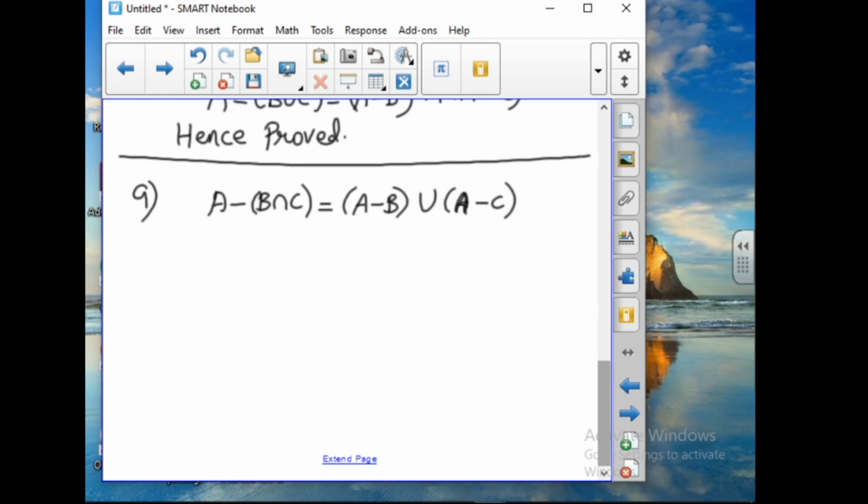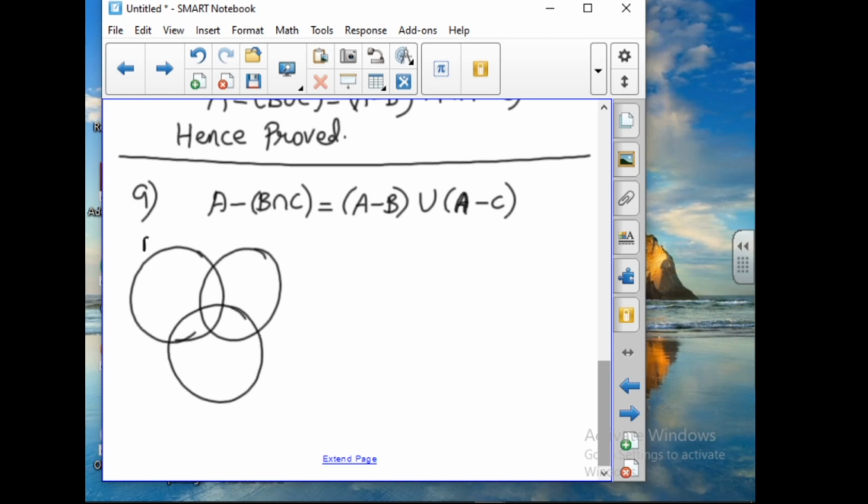So we know that first we can take LHS. In LHS first you should find B intersection C. So you draw the circles. After the circles first you should give a name. Most of the students are not mentioning the name. It is very important. So A, B, C you have to mention. Now we are going to find B intersection C. What you are finding, that also you have to mention under the diagram. Intersection means the common part of B and C. So this is the common part. This is your B intersection C.